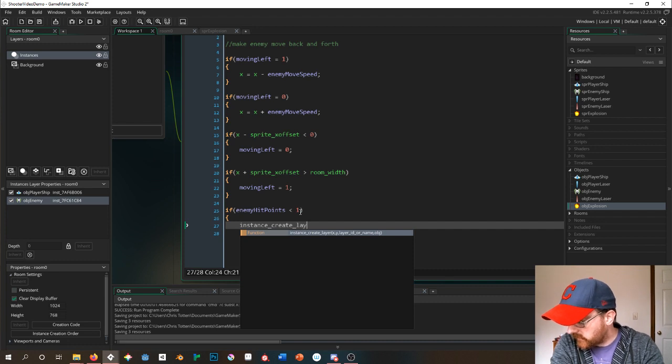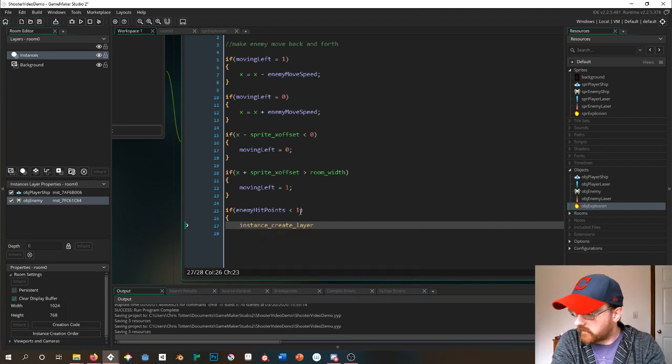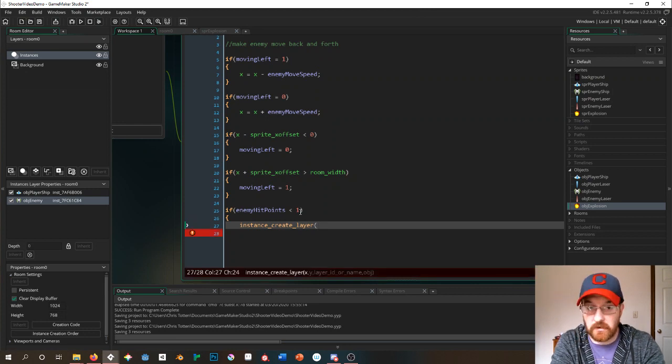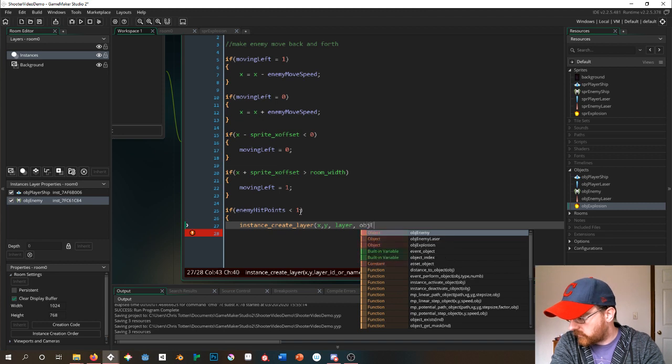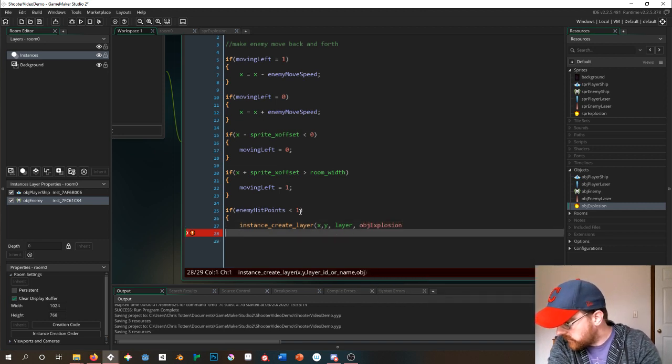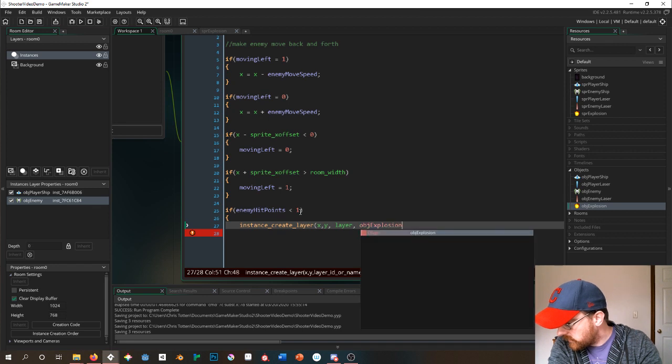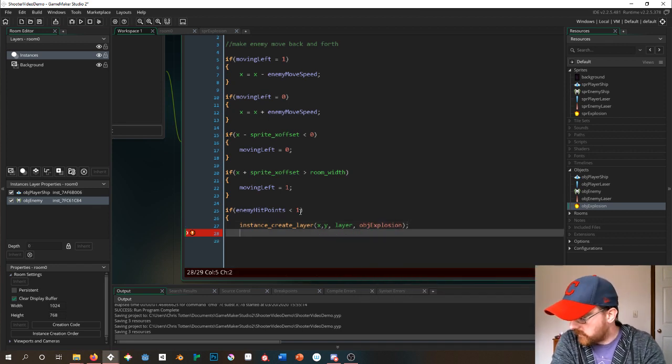So just like yesterday, remember, this is instance create layer, meaning create an object at a location. Just putting in X, Y means just on top of where I am, I being the enemy object. Layer means on the same layer as the object that is calling this, again, which is our enemy. And then what object should we create? We're going to create obj_explosion. Okay. And then semicolon,